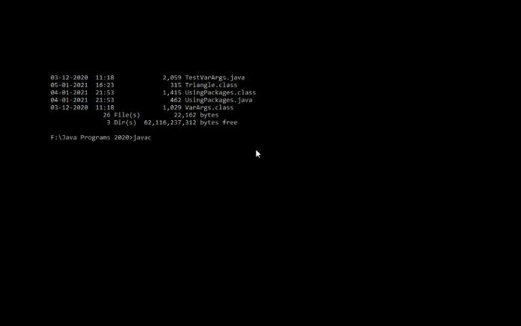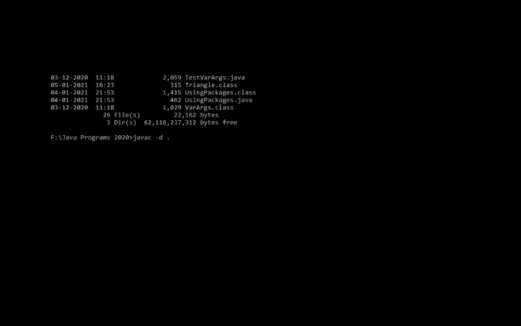So we give javac. Now we use an option -d. So -d is used when we compile our packages, and it will create the directories on its own. Now we put a dot here. Dot refers to the current directory, the working directory. So we are here in F colon Java program 2020. It means that under this folder, that is the current folder, the directories for the packages will be made. So directories for test package and for sub package will be created inside the current folder.